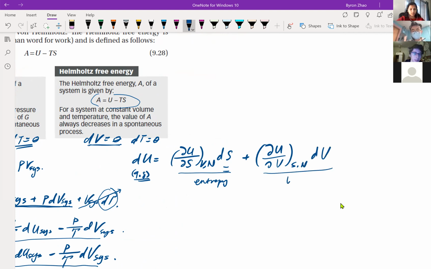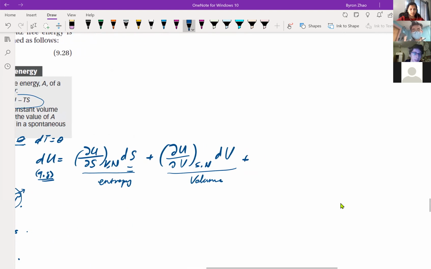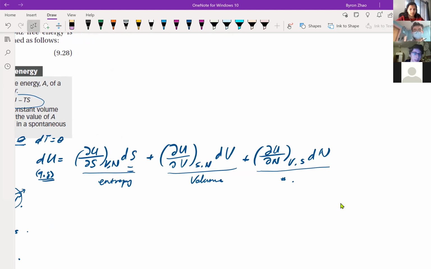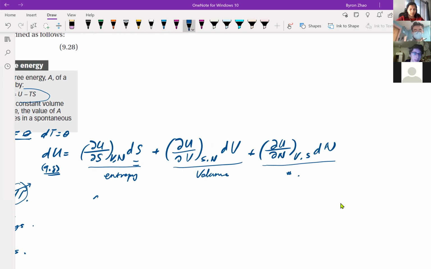This is the volume term. And the partial derivative of U with respect to N under constant volume and entropy, dN. So this one is the number of molecule term. So if dV is 0,